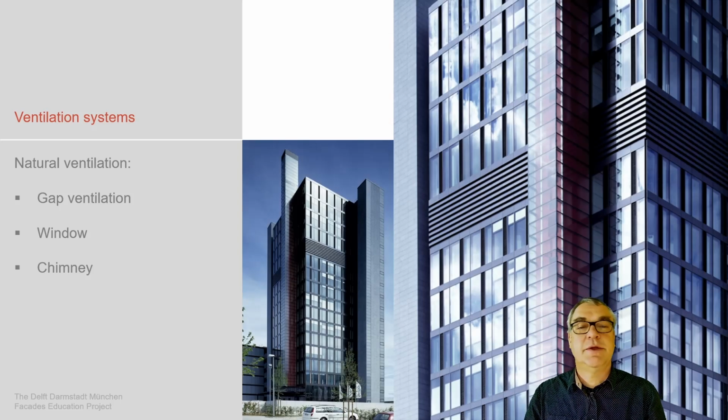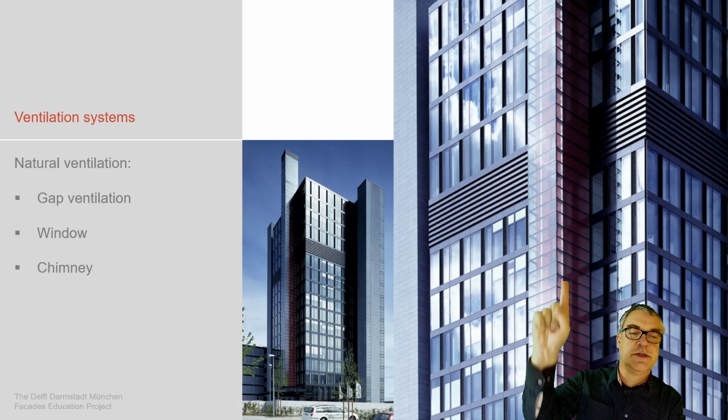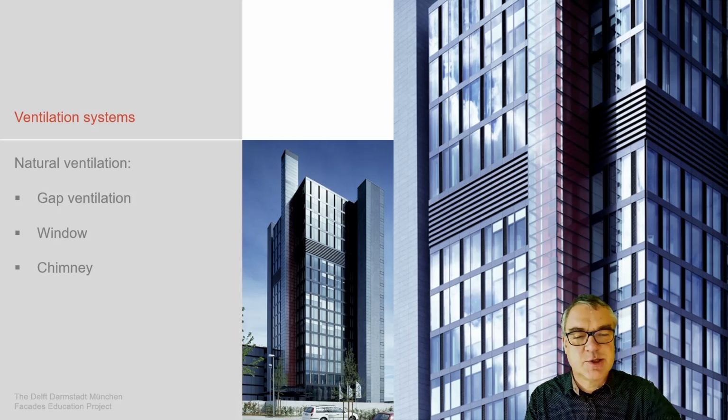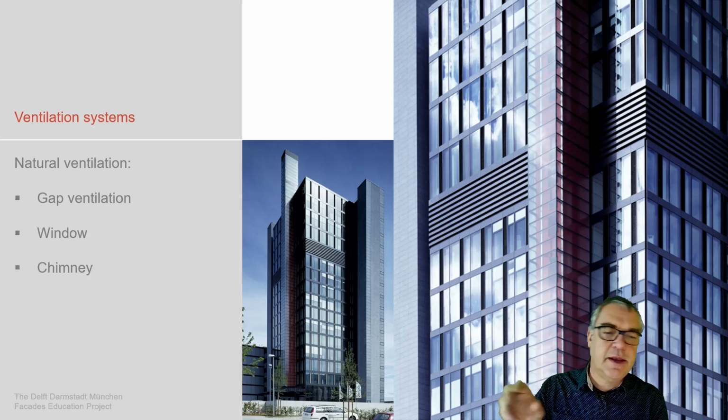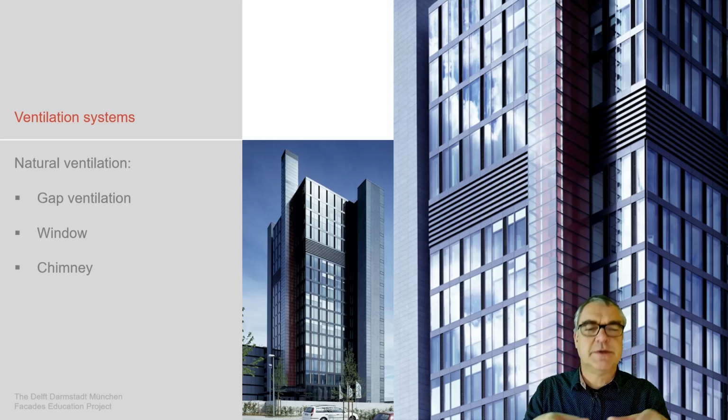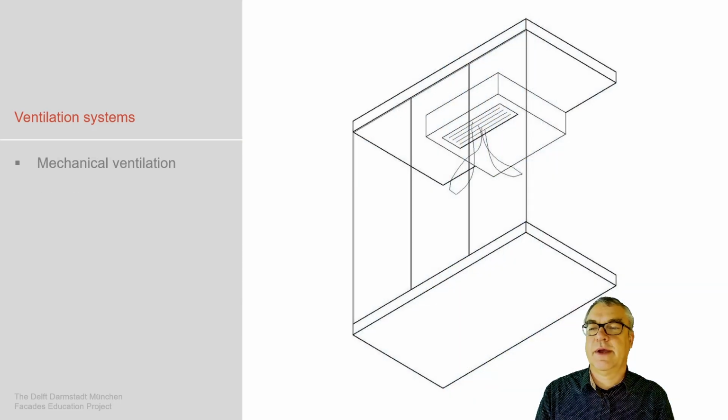And then the chimney. This is a solar-driven chimney which is built in front of a facade. It's this device here, which exhausts the air from the building. So there's an air inlet in the building, and then via a piping system this exhausts the air out of the building, and you see it's also part of the building envelope, being integrated there.